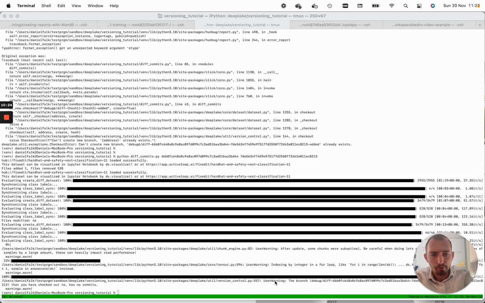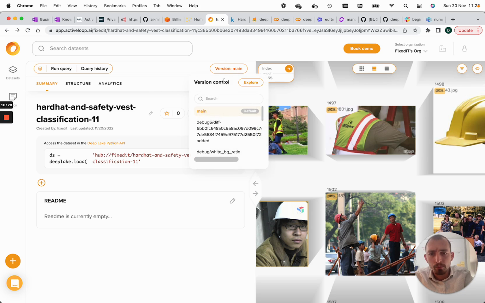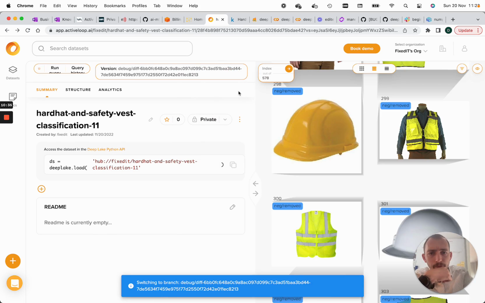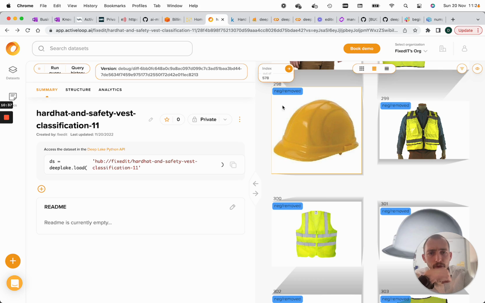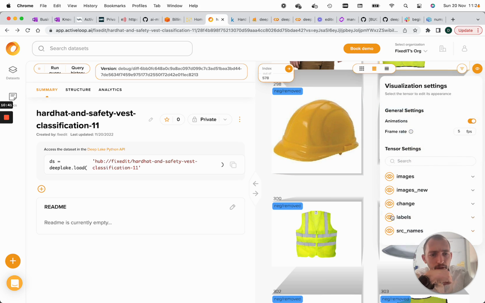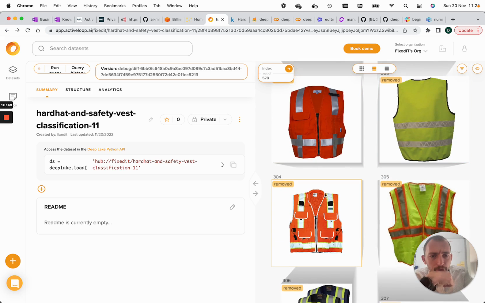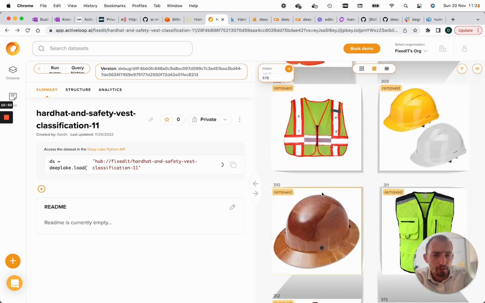So now that this script has finished and it has created a new branch, which we will be able to find here in our version control tab. So here we will see that 578 images have been changed, and most of them have been removed. We know that we have removed a lot of these white images,